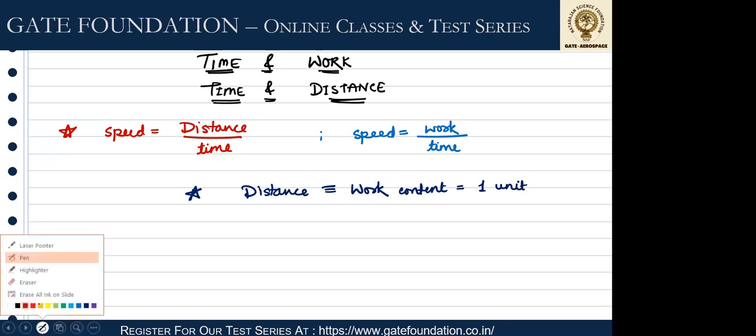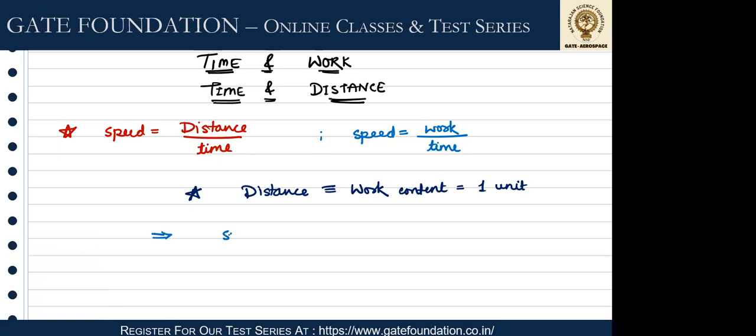So if the distance is 1 unit, one more conclusion comes over here, that speed is inversely proportional to time. Now this thing is logically correct. Speed is inversely proportional to time. तो किसी को काम करने में ज्यादा टाइम लग रहा है, so obviously उसकी स्पीड क्या है? कम है. या कोई जल्दी काम कर ले रहा है, तो उसकी स्पीड ज्यादा है, right? This also is the case